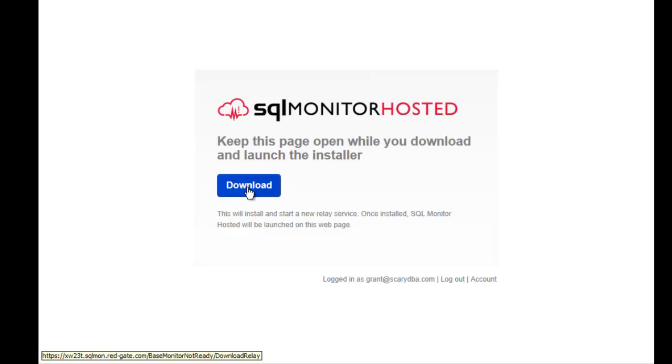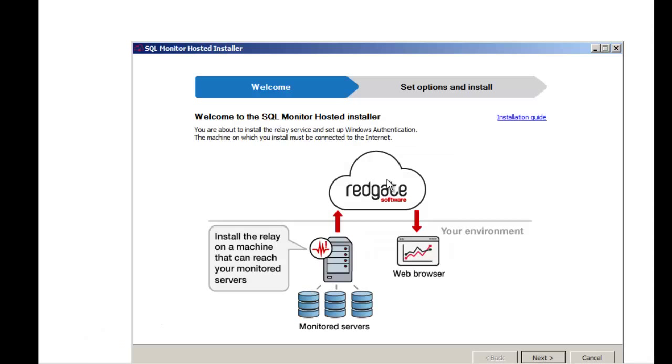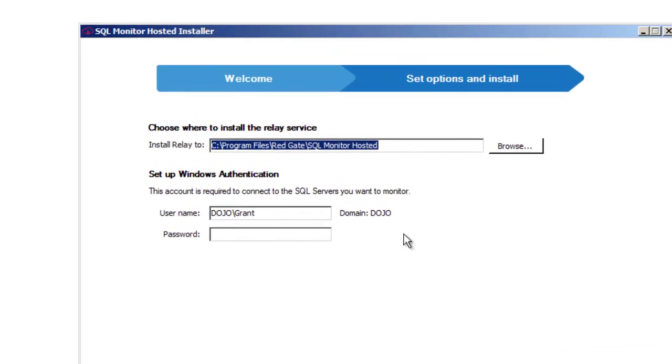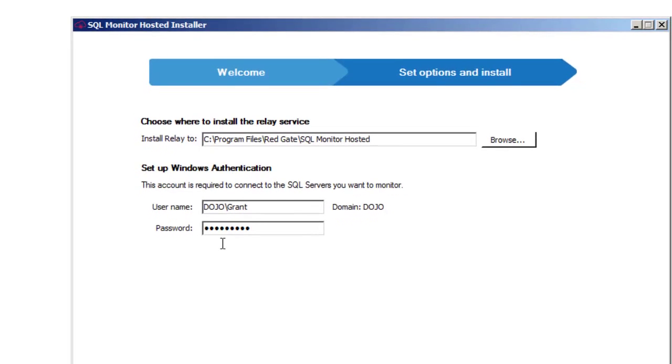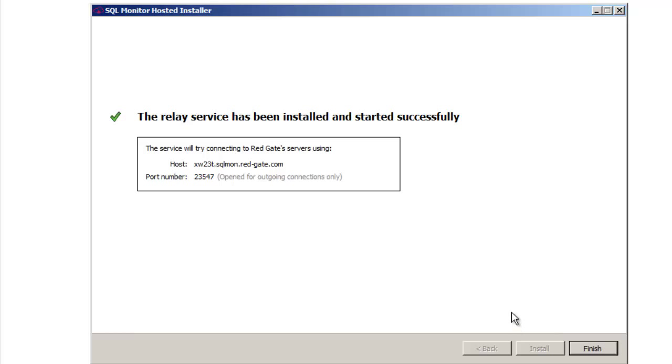There we go. Download. I'm going to go ahead and run it. The executable is quite small, so it's only going to take a second for it to download. Let's get past the security, let it in. So now you can see the basic setup. Now again, it's going to explain to you what it's doing. It's setting up the relay, and it's going to connect up and run through there. Clicking on Next, I'm going to give it a location. I'm going to give it a username and a password. And I'm going to do the install. And it's very quick, it's very painless. And when I click on Finish,